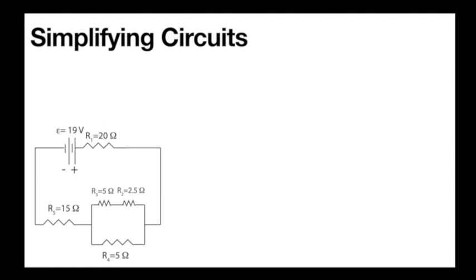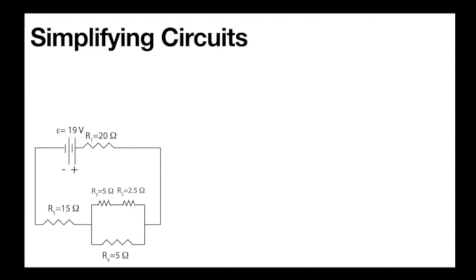Some current goes through R4, but then it's joined by whatever current went through that top branch, and so a different current passes through R5. So we cannot combine these two resistors in series. And the same is true about R1 and R2, or R1 and R4, anything like that. The only ones right off the bat that we can combine without crossing a junction in series are R2 and